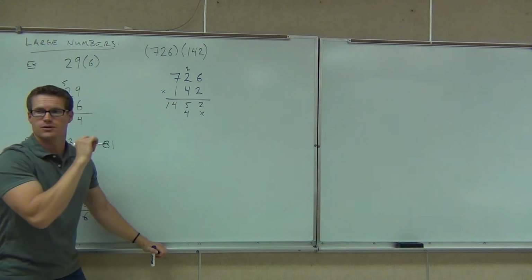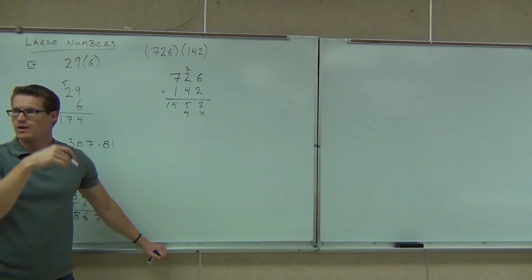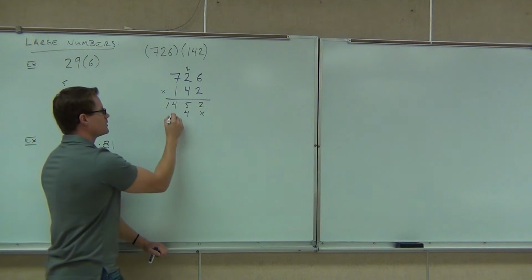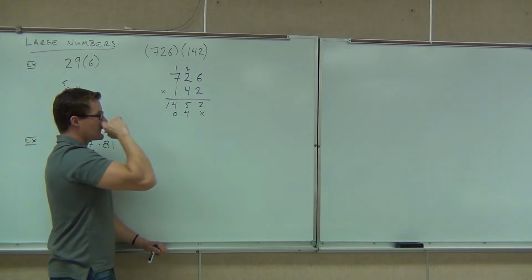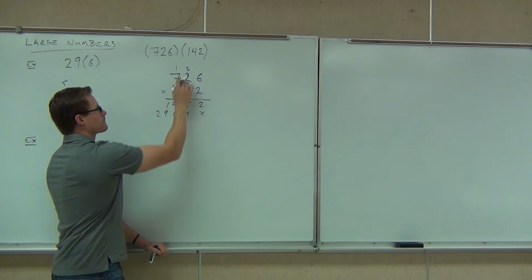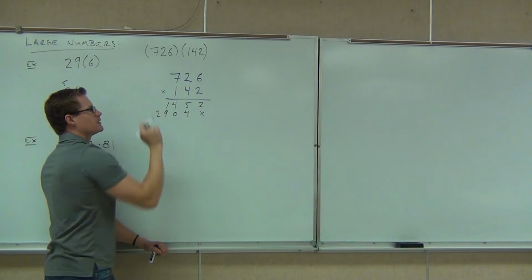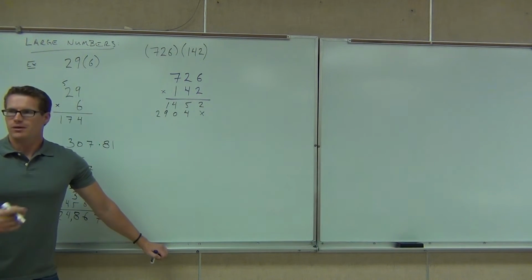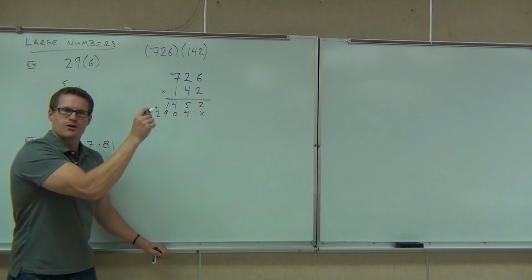Then what are we going to have? 10. Good. We have the 8. We add that 2. We get 10. After that, what now? 29. Perfect. Hey, what happens after that? 2 X's. Yeah, we have to do it for every digit we move over, we have to do another